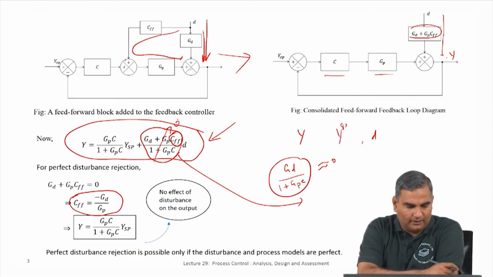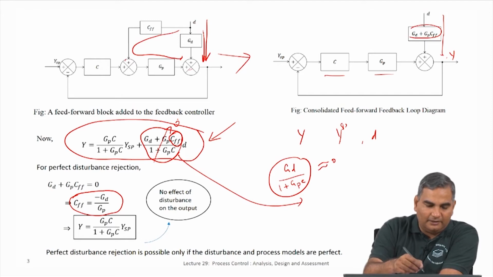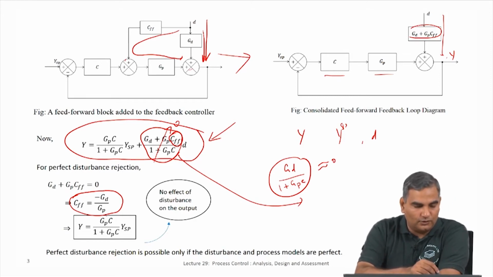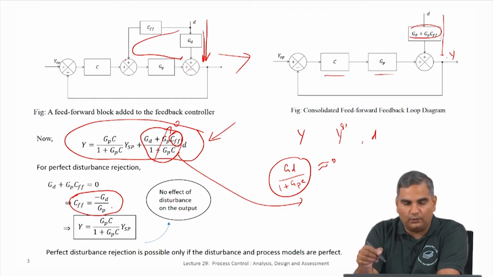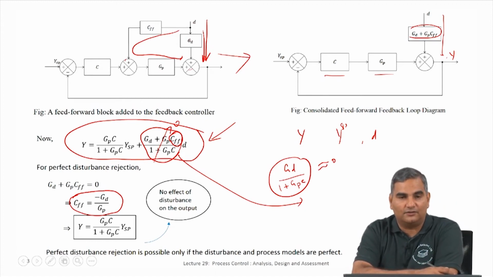However, just remember a few things. In reality, if you design a controller like this, the disturbance will not be perfectly rejected, because number one, when we are doing this controller design, these are all models. This is a model for disturbance, this is a model for process and so on. Once you design the controller and put it into a closed loop, this will be the true process model, the true process transfer function,